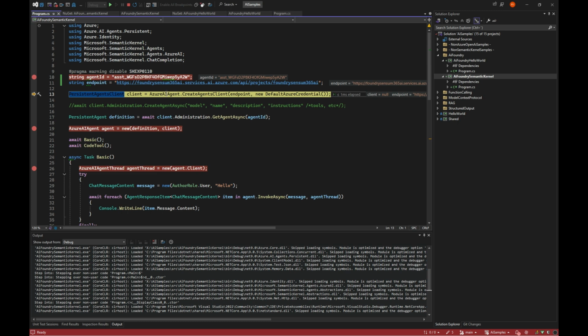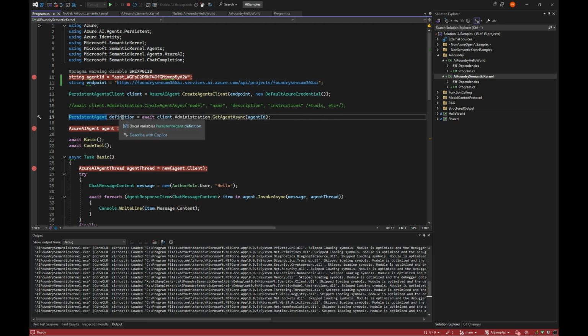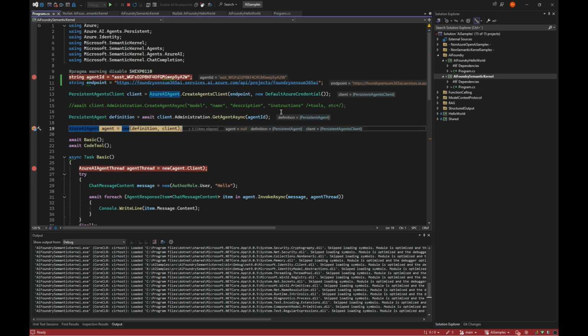But Azure AI Agent is a semantic kernel thing, while we have the persistent client. And in order to get from the client here, we need to get the client, and then we get that as what they call a definition. It's just essentially the client. So these 2 lines of code are more or less the same as the first 2 ones. But then you can new up an Azure AI client from semantic kernel using the original client, the original agent, and the client.